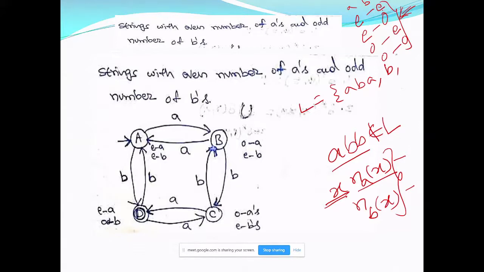So my DFA should handle these things, right? So I require four states. One state for this. See, when you start at the beginning, the number of A's and number of B's will be 0 because I am in the initial state and no input is read so far. So the number of A's is 0, the number of B's is 0, which is even.